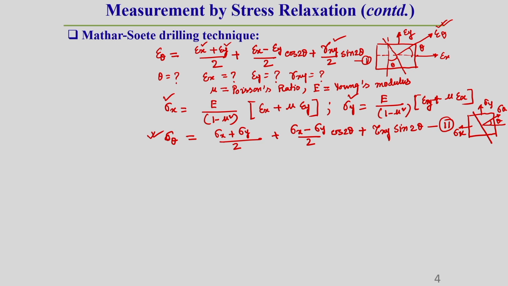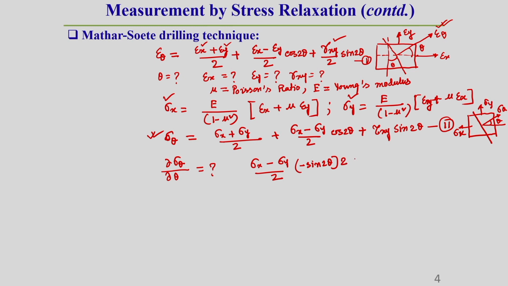Now, to find out the principal stress and its direction, what do we do? Principal stress means maximum normal stress or minimum normal stress. For finding the maximum and minimum normal stress, we have to just take del sigma theta by del theta and make it equal to 0. So, by equation 2, if we do this, we get a relationship: sigma x minus sigma y by 2 times cos 2 theta will be minus sin 2 theta